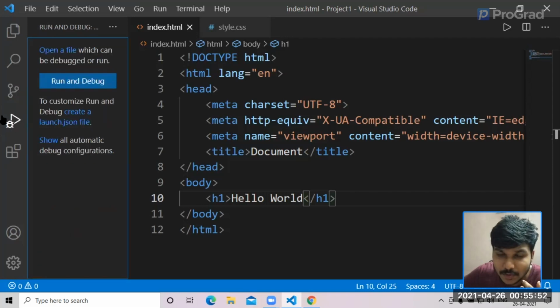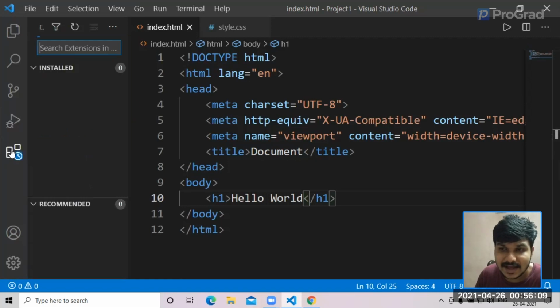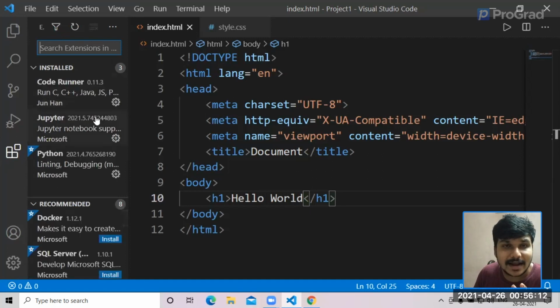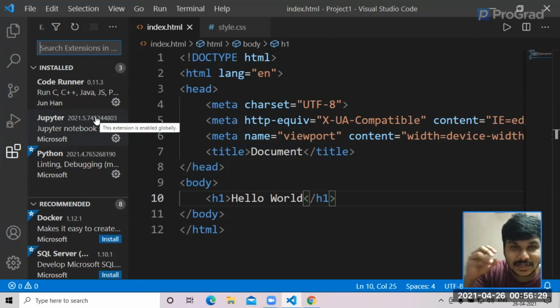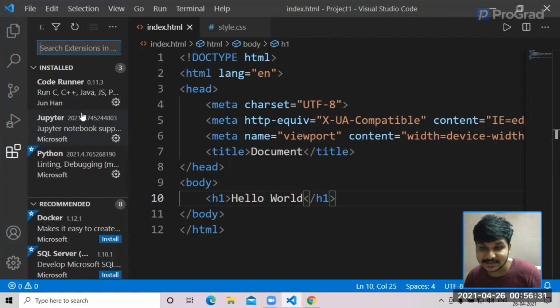And there you go. When you go for the next one, we also have a run and debug feature in Microsoft Visual Studio Code. When you're trying to figure out things in loops in Python or JavaScript or Java, you can go and check your run and debug feature in VS Code. And the final thing which we have is extensions. You can run any code or any language you want in VS Code. It is not only an editor, but also a place where you can run all kinds of code, and make sure that you have the respective IDE for that, and you need to install that specific extension in Visual Studio Code.